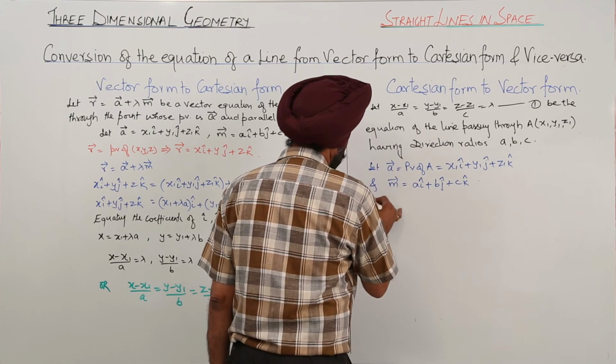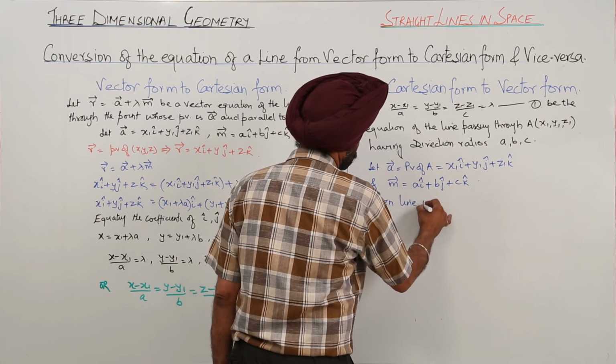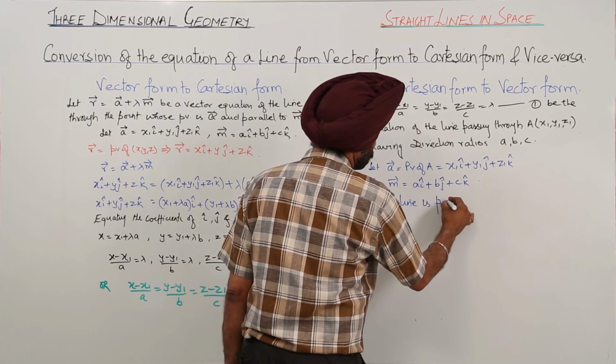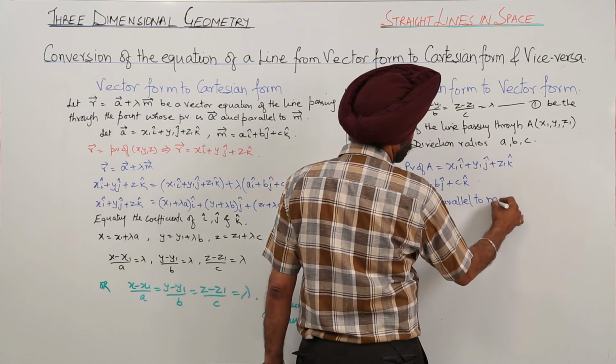Now the given line is parallel to vector m